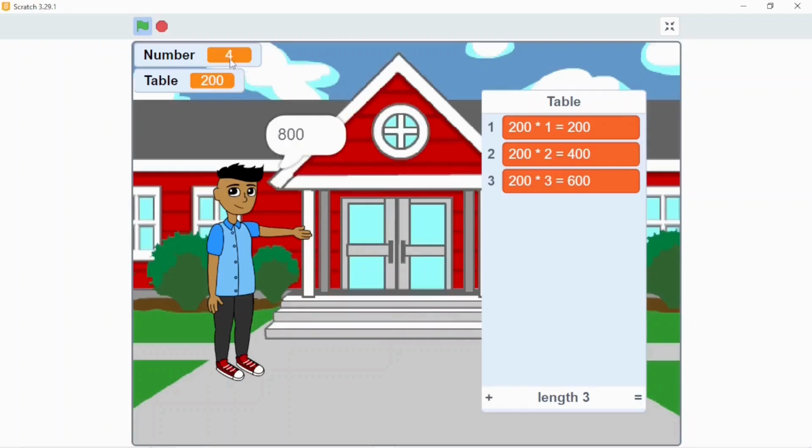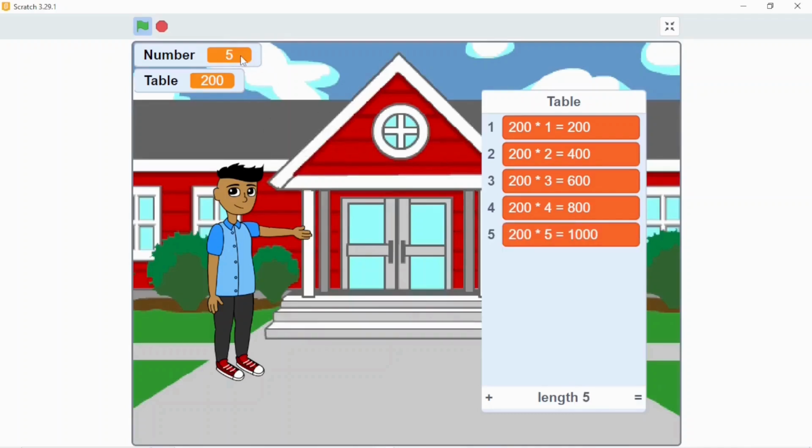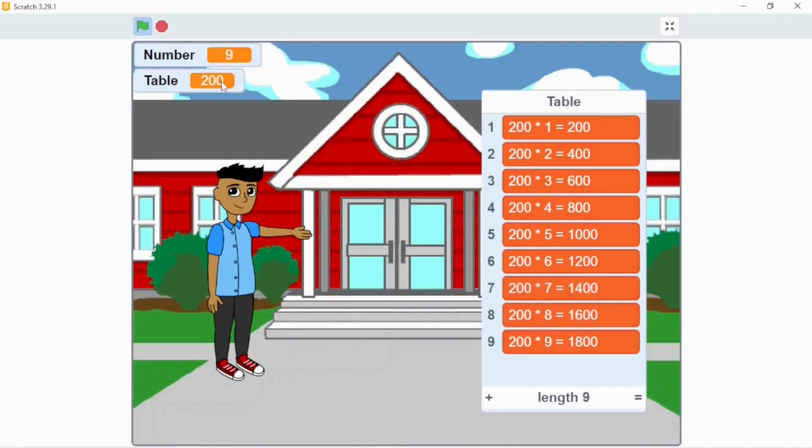This is one of the most helpful tools, especially for students and learners, because you can instantly generate tables of any number. So get ready to learn while having fun.